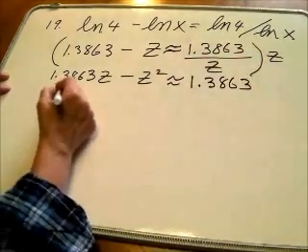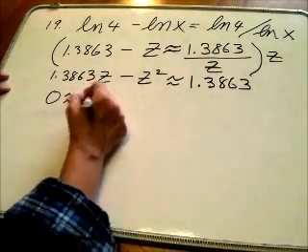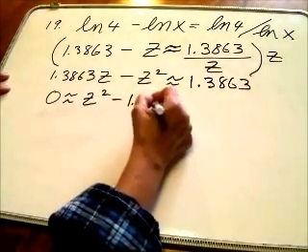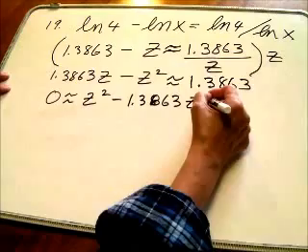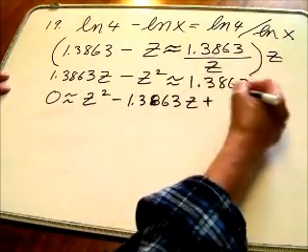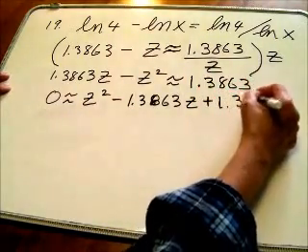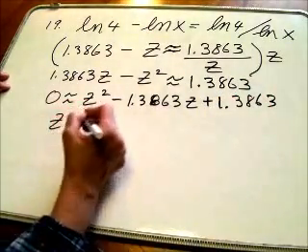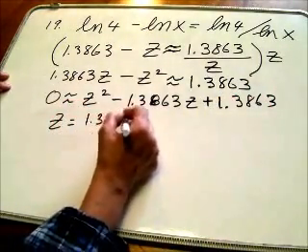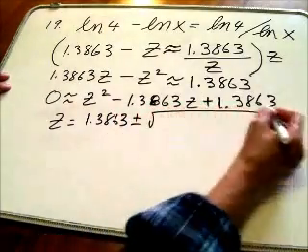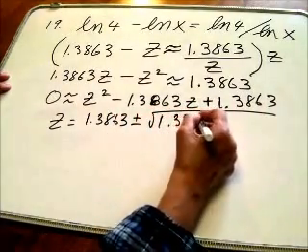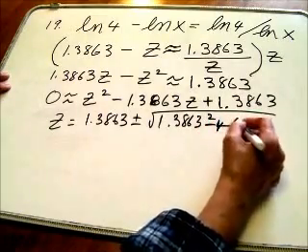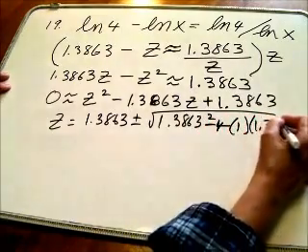And then let's move everything to the right so that my z squared can be positive. Oops. 8. Nice number, huh? That'll be a plus because I'm moving everything to this side. Okay, I don't think we can factor that, so we use the quadratic formula, 1.3863 plus or minus the square root of 1.3863 squared minus 4ac, which is the same as b,